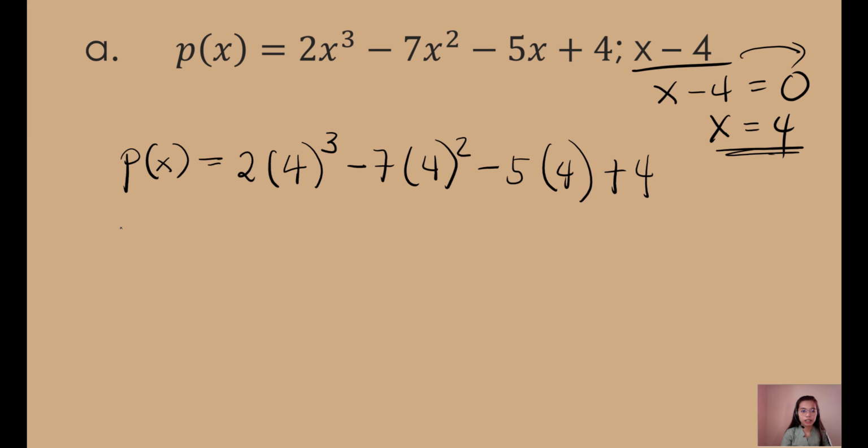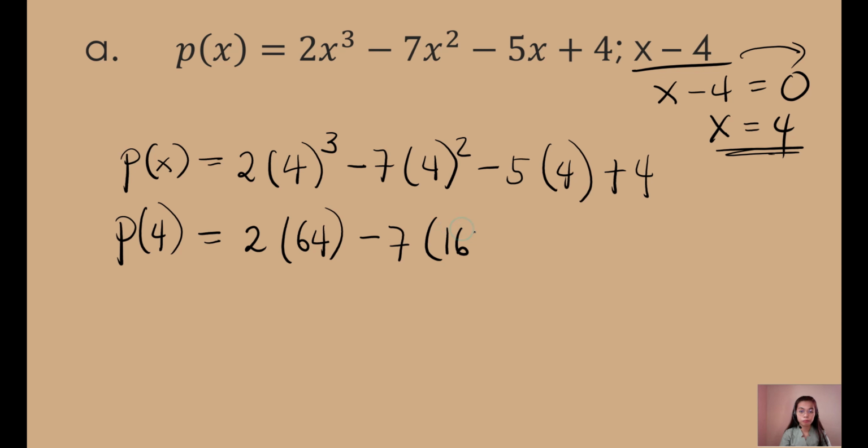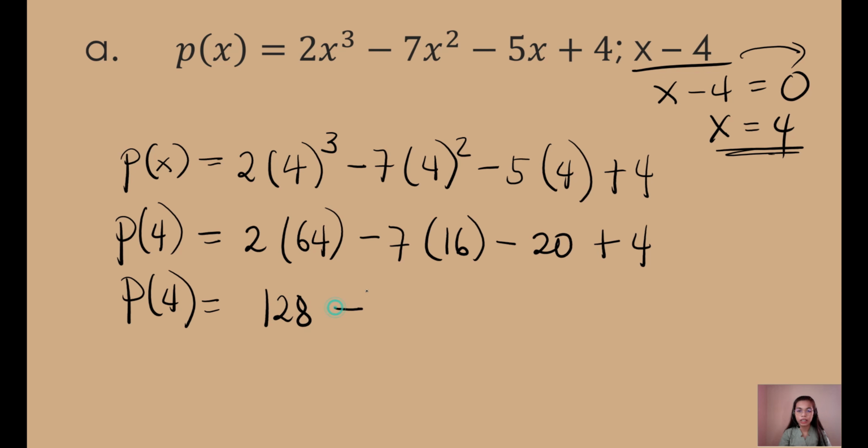Next, we have p of 4 is equal to 2 times 4 cubed, which is 64, minus 7 times 4 squared, which is 16, minus 5 times 4, which is 20, plus 4. Now we have p of 4 is equal to 2 times 64 is 128, minus 7 times 16, that is equal to 112,